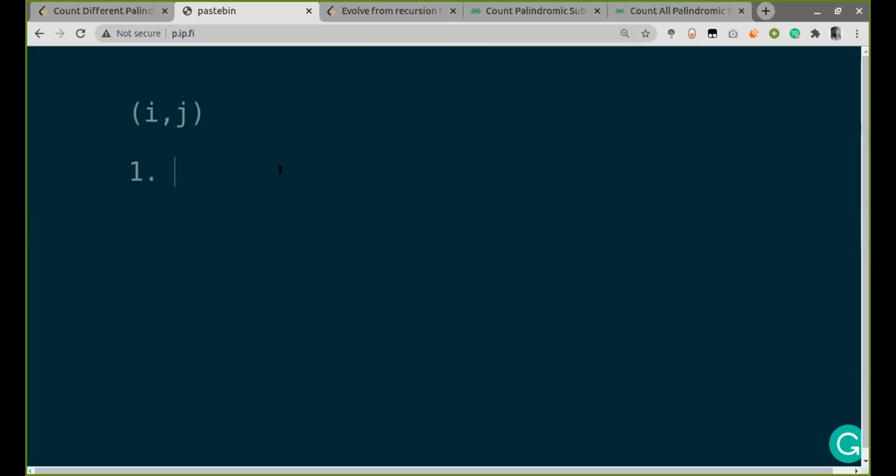We will have two conditions: F of I is not equal to F of J. So this means that the endpoint